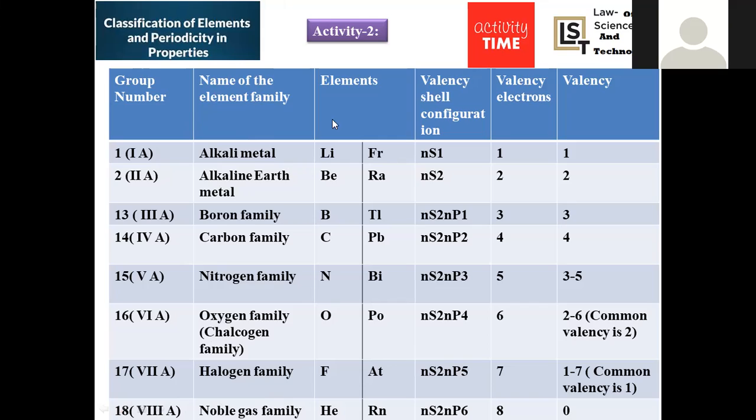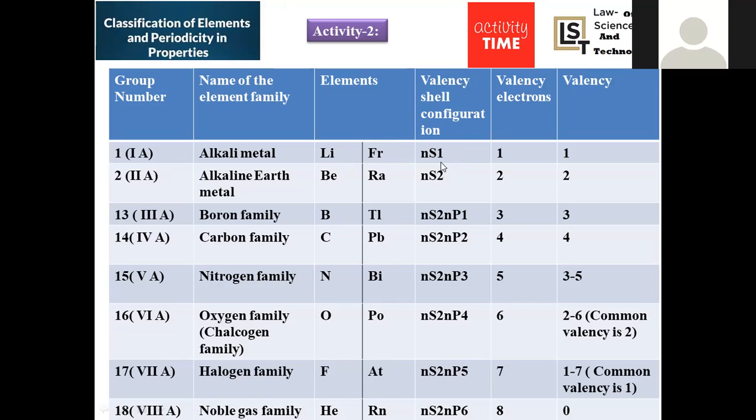Now, let us give the number of the element from which you are going to start and up to which element there will be in that series. These are the columns which are given empty, the activity to be filled in by the individuals, right? In the case of alkali metals, it starts with lithium, followed by sodium, potassium, rubidium, cesium, and francium. So the starting element will be lithium and it ends with francium.